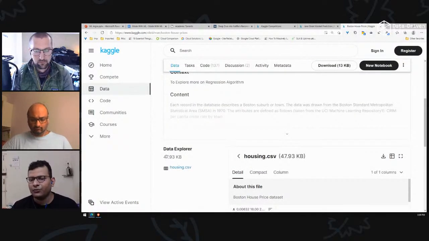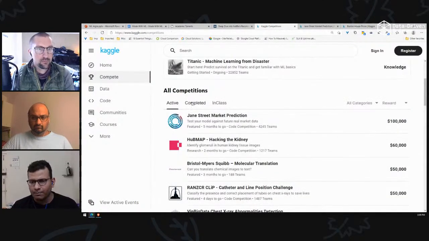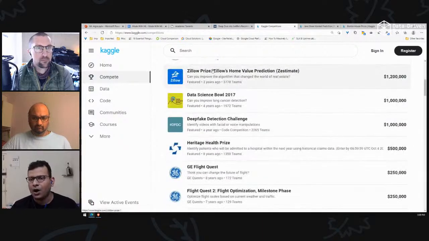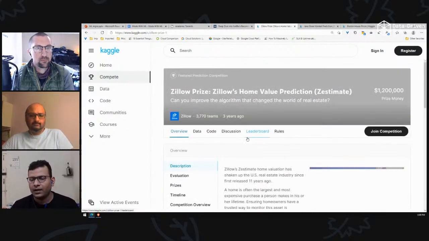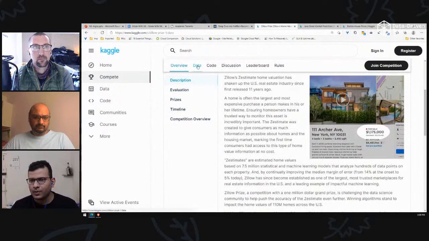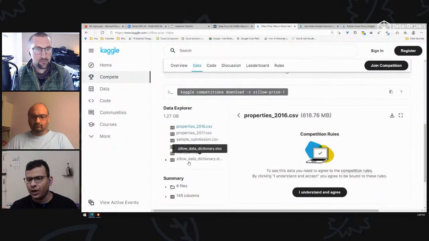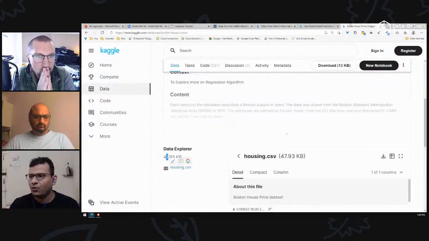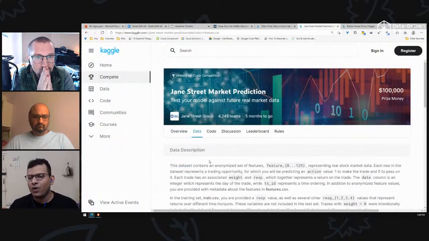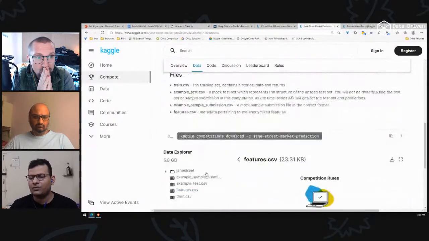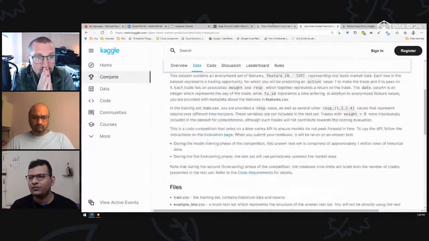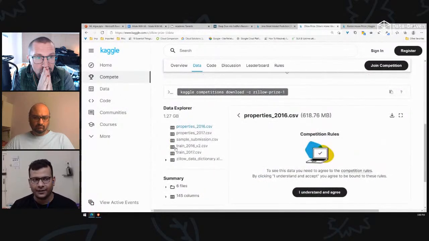It is only 47 KB. We have a different problem predicting price of the house on Zillow. Data here is approximately 500 MB. No, it's not 500 MB. It is 1.27 GB. 50 KB versus 1.27 GB. That is the difference between volume of data.